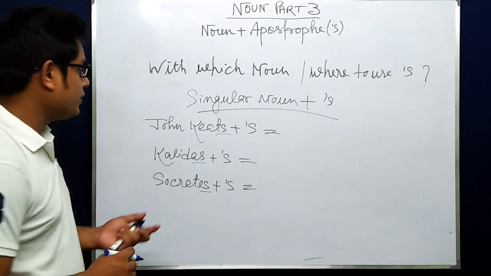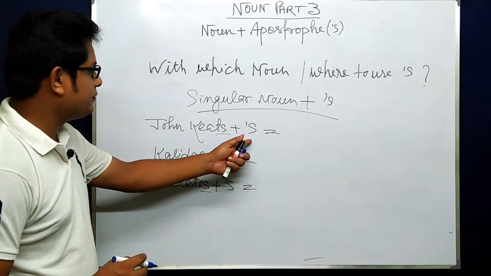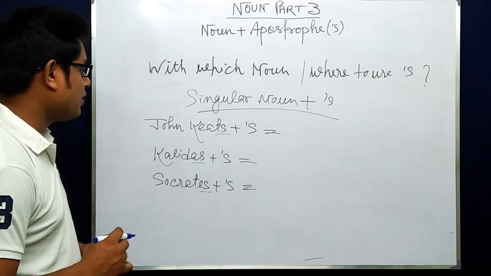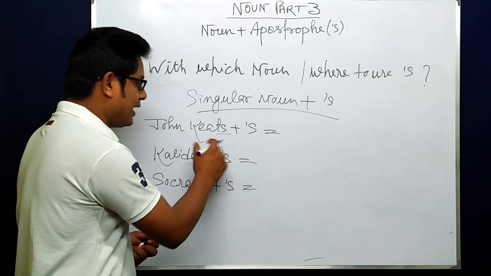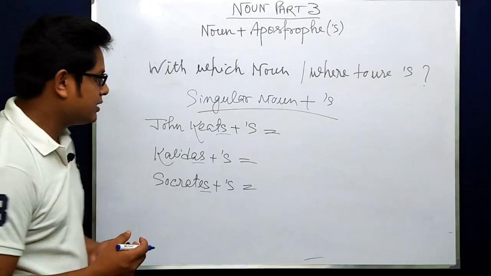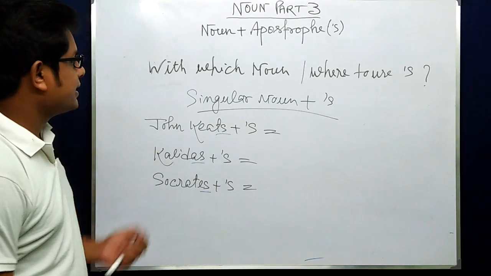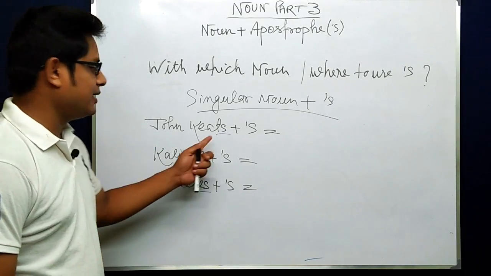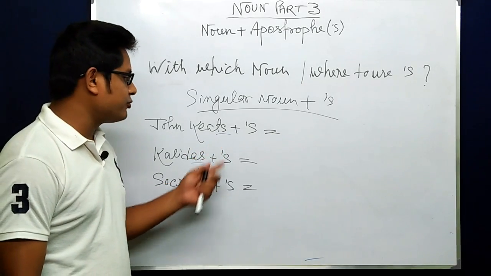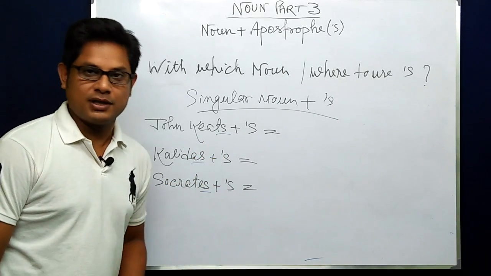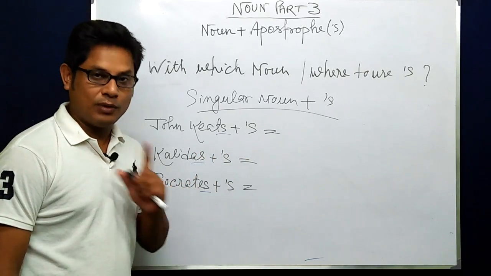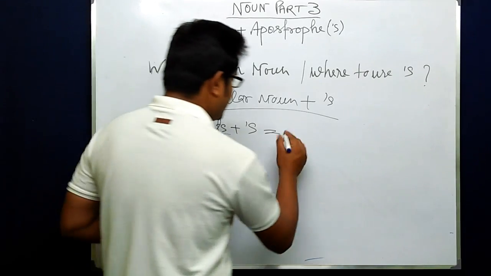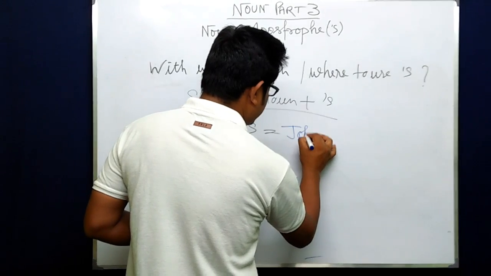Clear? So if you add apostrophe s to a noun or to any name that ends with another s, then how to use it? See, if you find any singular noun that ends with s, and again you have to use apostrophe s with that particular noun, then it would be better to use only the apostrophe, so s is used only one time. Means you are supposed to write